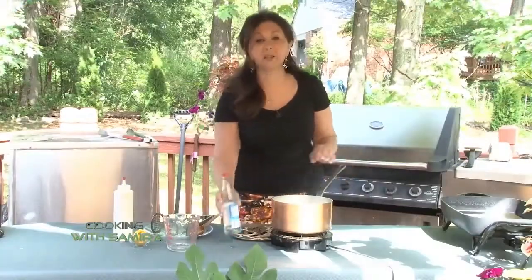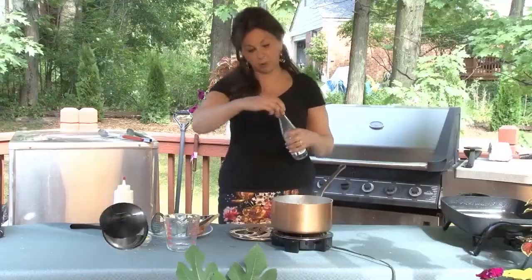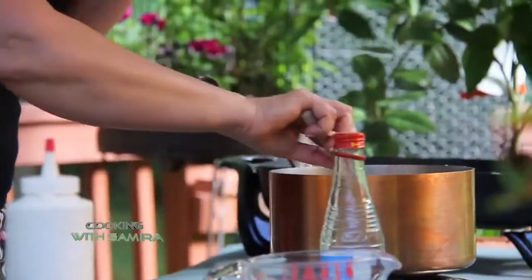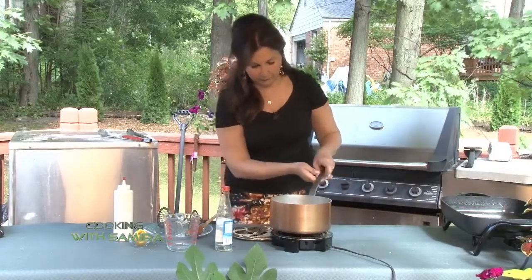Our syrup is nice and thick. Last thing we need to do is add some rose water. 1 to 2 tablespoons of rose water goes in there. You could use orange blossom water if you like. And we'll let it simmer for 30 more seconds, no more than that. And we will turn the heat off and we'll let it sit